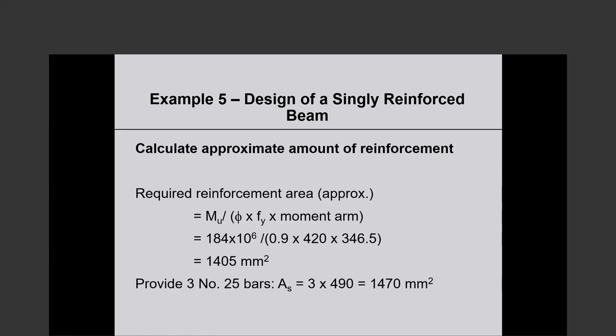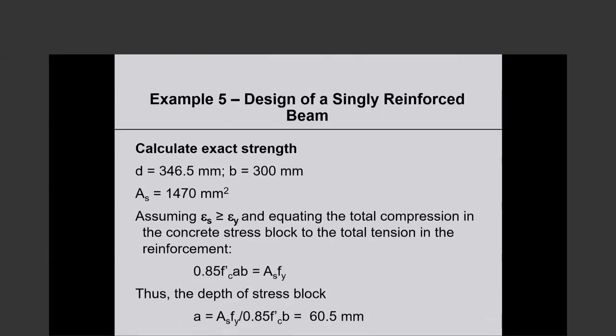If we provide 3 number 25, that gives us 1470. So that's what we are going to try. 3 number 25. Now we are going to be exact. So D is 346.5. That number was pretty exact. B is 300 millimeters. Our A sub S is 1470 square millimeters, assuming that the tension reinforcement is going to yield at